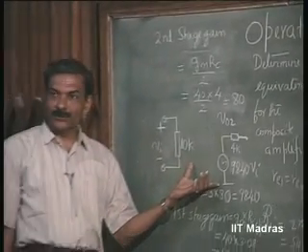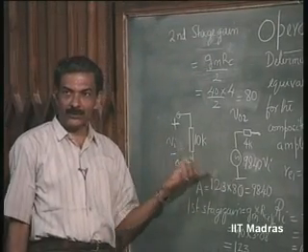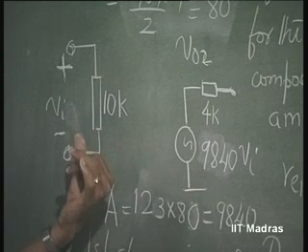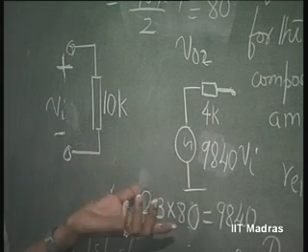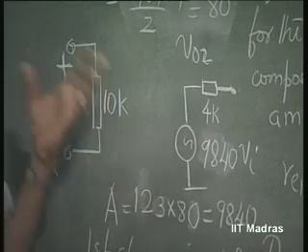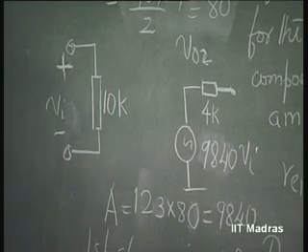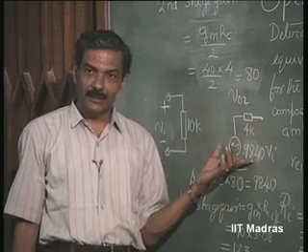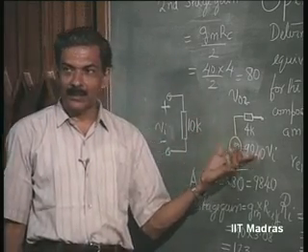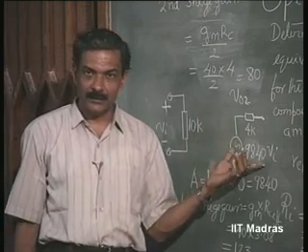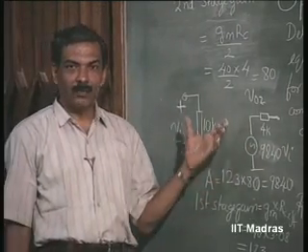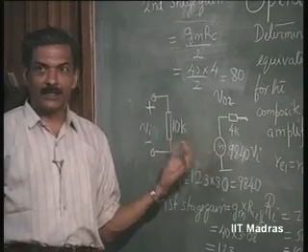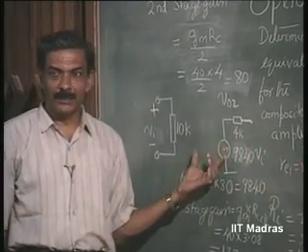Basically, it is a control source with a high forward transfer parameter. In this case, voltage gain. It could be current gain, it could be transfer conductance, it could be transfer resistance. Therefore, we have 4 types of operational amplifiers possible, depending upon whether the forward transfer parameter of interest is voltage gain, current gain, transfer conductance or transfer resistance. Respectively, these will be called operational voltage amplifier, operational current amplifier, operational transconductance amplifier or operational transresistance amplifier,